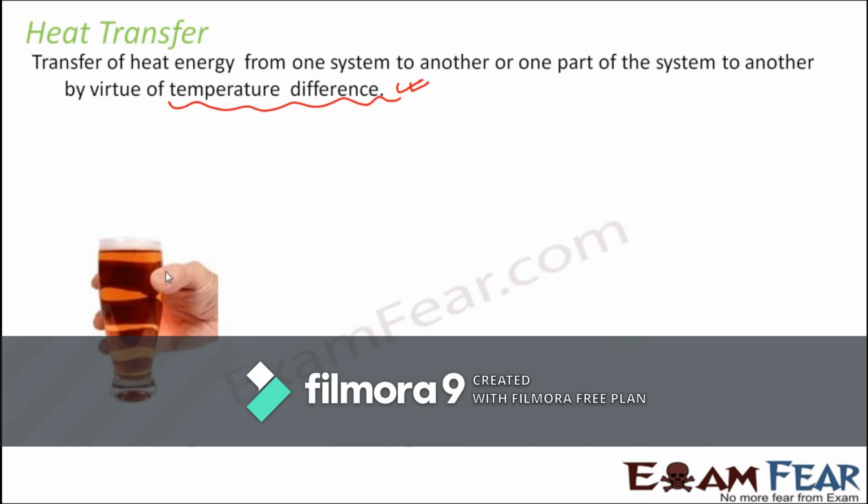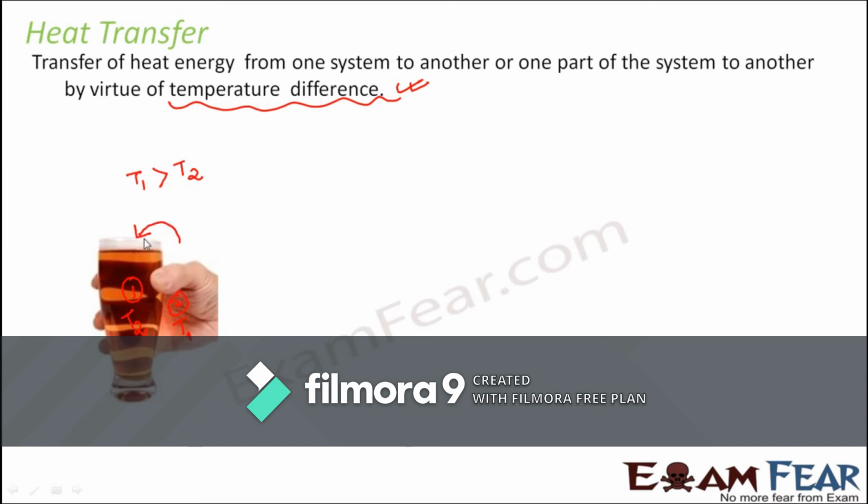What are the two objects in this case? The first object is the glass. The second object is your hand. In this case, the temperature of your hand was more. So let us say this was the temperature of your hand and this was the temperature of the glass. The temperature of your hand was more than the temperature of the glass, because the glass was very chilled. As soon as you touch the glass, heat starts getting transferred from one object to another, and heat always flows from a body which is at a higher temperature to a body which is at a lower temperature. So heat starts flowing from your hand to the glass.